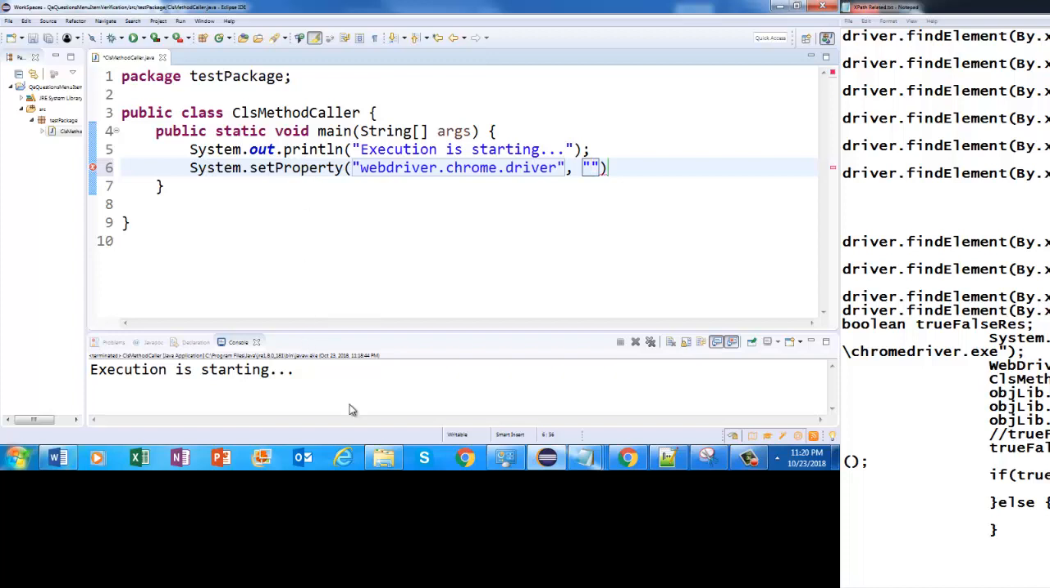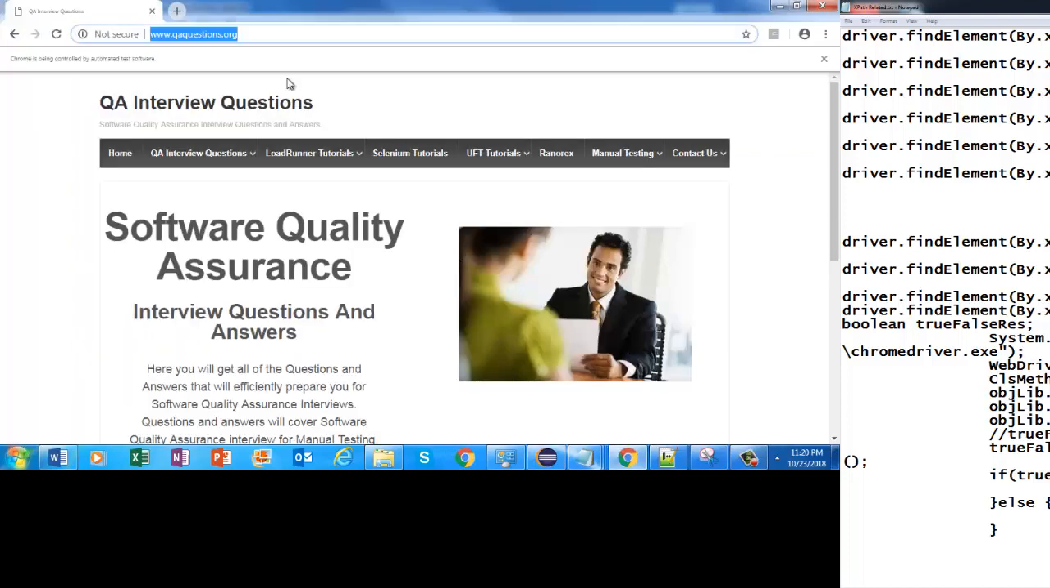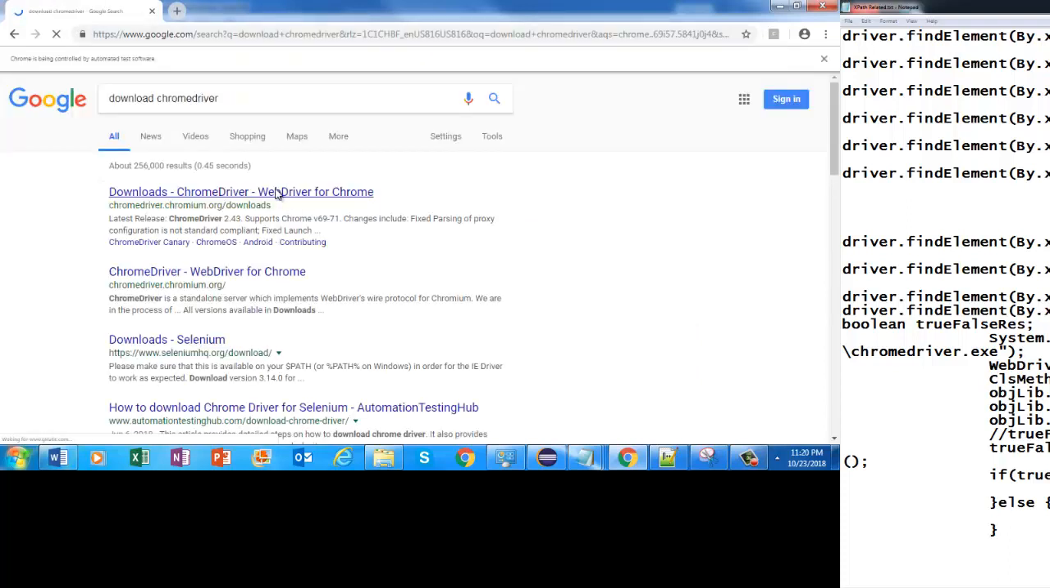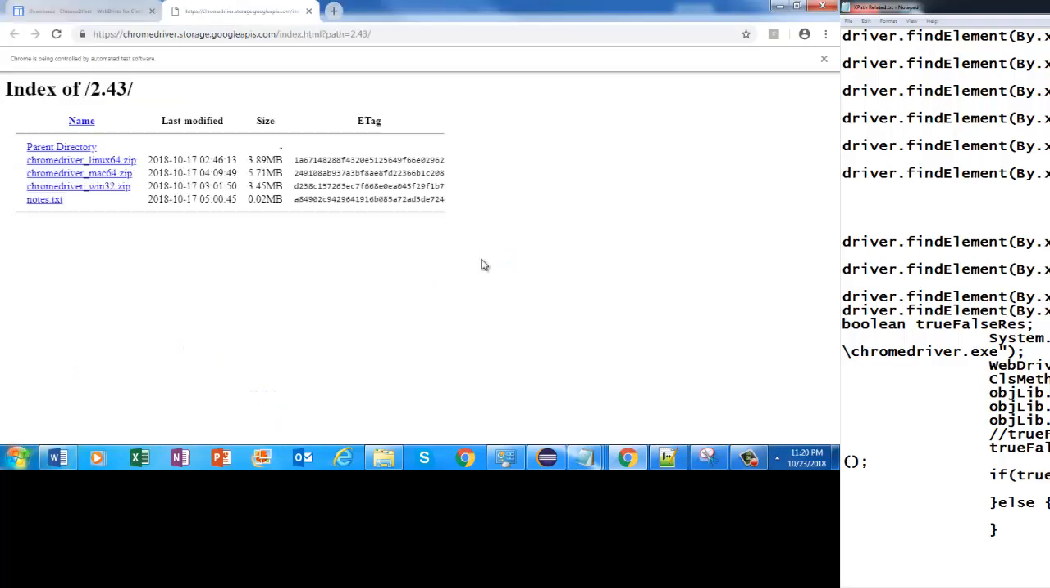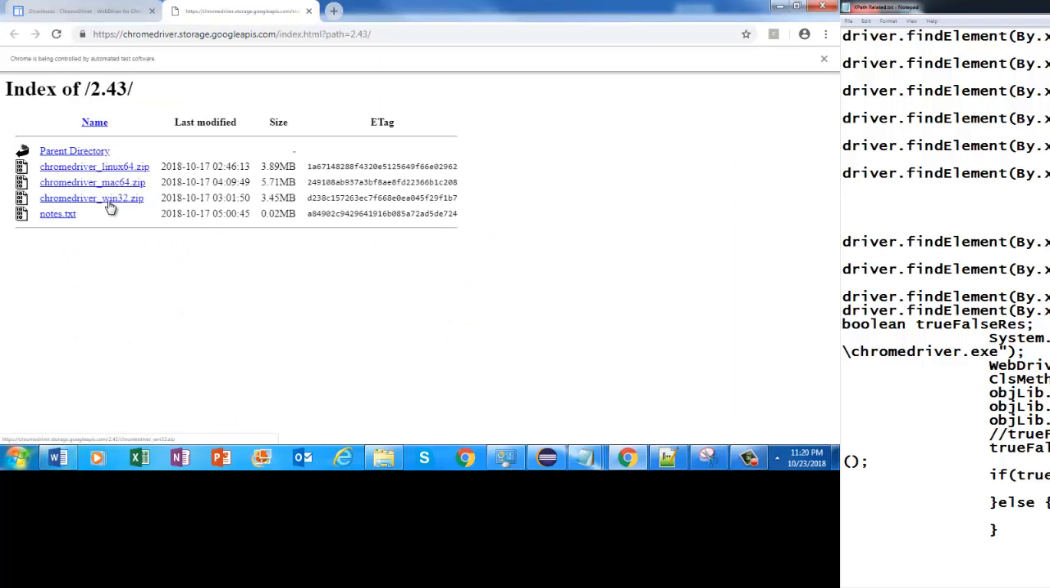If you haven't downloaded Chrome driver, you will go to your browser and write "download Chrome driver". It will take you to this page, and if you click on it, you will see Chromedriver 2.43, and this is the one you will be downloading. When it is downloaded, it will be in your download folder, and from there you will extract it. Let's say I download it again; I previously already downloaded it, but again